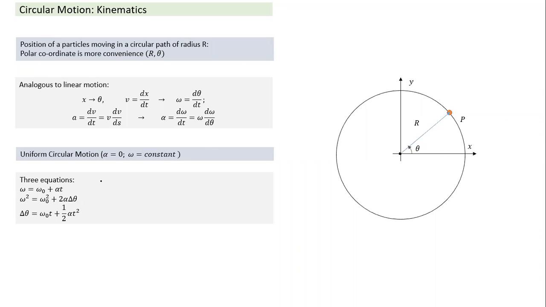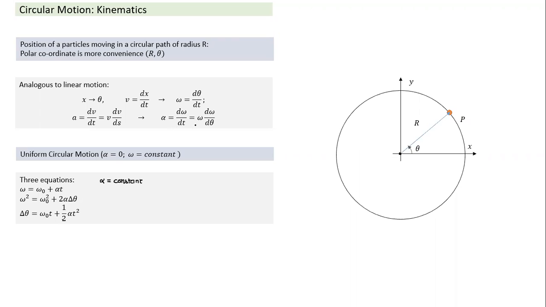So these three equations are valid for which case? Alpha is constant. And these three equations are equivalent of v is equal to u plus at. Here it is omega equals initial angular velocity plus alpha t. This is again v square is equal to u square plus 2as. We notice here in place of displacement, we have angular displacement. Therefore, displacement was delta x, here it is delta theta. And s is angular displacement, s is equal to ut plus 1 by 2 at square equivalent. So these are three equations for alpha being constant.